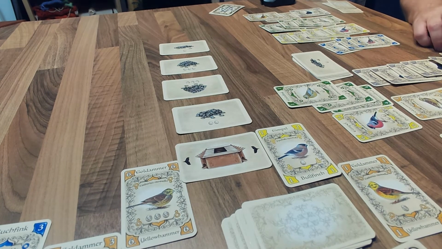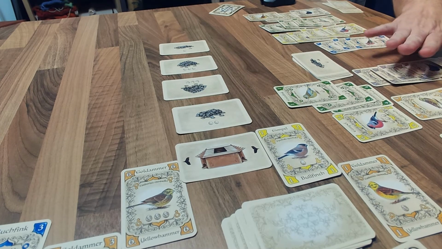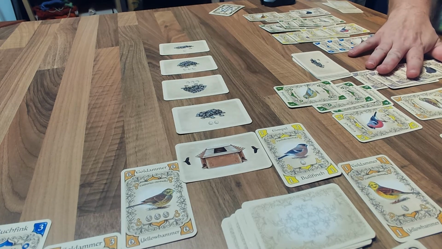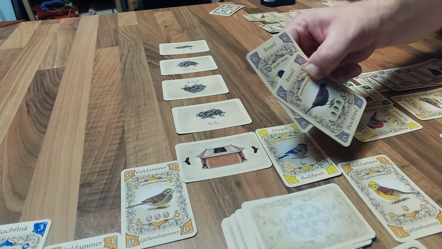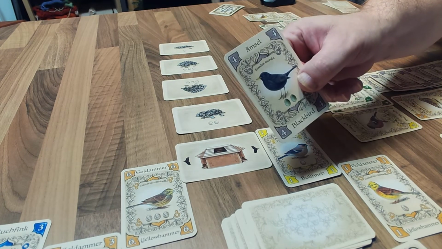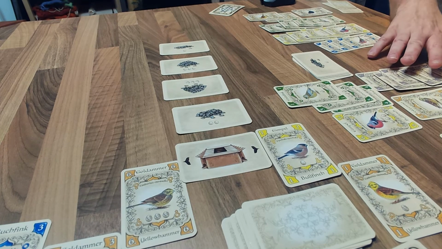We have to be careful with the birds we choose, because in our collection we only get points for our birds when we have the biggest collection. So for example, in this game, the person with the blackbirds has the biggest collection, 1 2 3 4 5 6 7, and the second player has only one blackbird. So that means that only the first player has the right to count his points, and the other person has